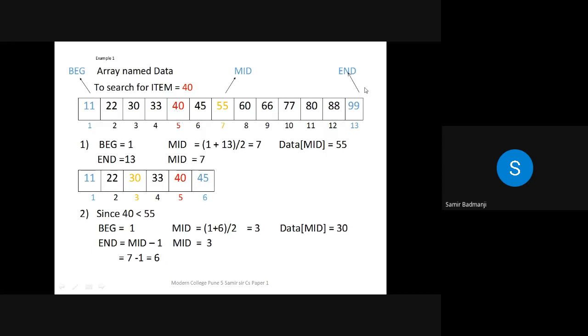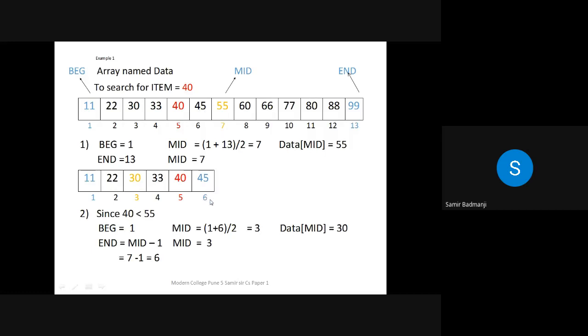See, beginning is there, end is there, mid is there. Now, if the element to be searched is there in the first half, then what we have to do? Mid will become the new end. Okay, 55 will become the new end. And we have to just write end is equal to mid minus 1, because this element is not there as 40. So we'll just reduce this by 1 and make 45 the last element. You can see here 45.